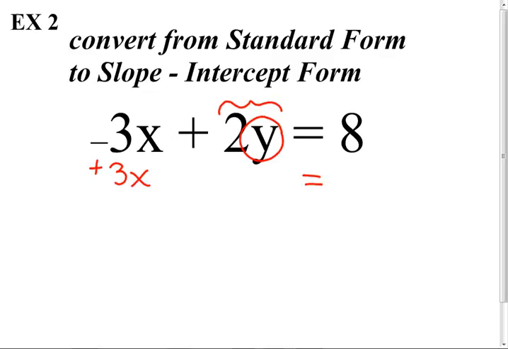So if I add 3x to the left side, I better add 3x to the other side. So, Zach, what do I get on the other side? What's this give me? We read left to right. If we can get into that habit of left to right, math becomes a lot easier. What does that give me? Oh, 0. Good. And what am I left with here? What's still all by itself? 2,